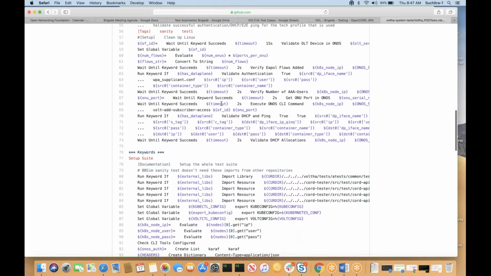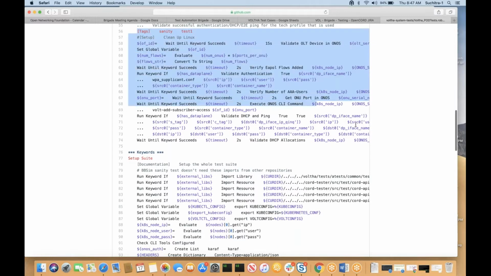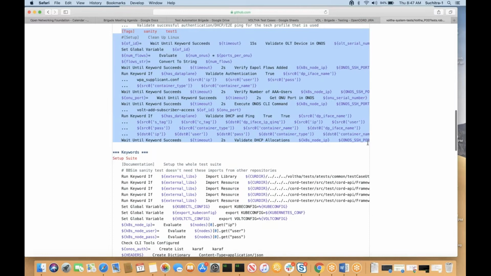Yes, I would agree. But what I want to say is that right now the tag whatever we put here is sanity. If we want to include all those validation steps as part of sanity, then it's fine. But my suggestion would be that we create another scenario just below this, and the tag would be functional there. And then in that functional scenario, we can add more and more steps,